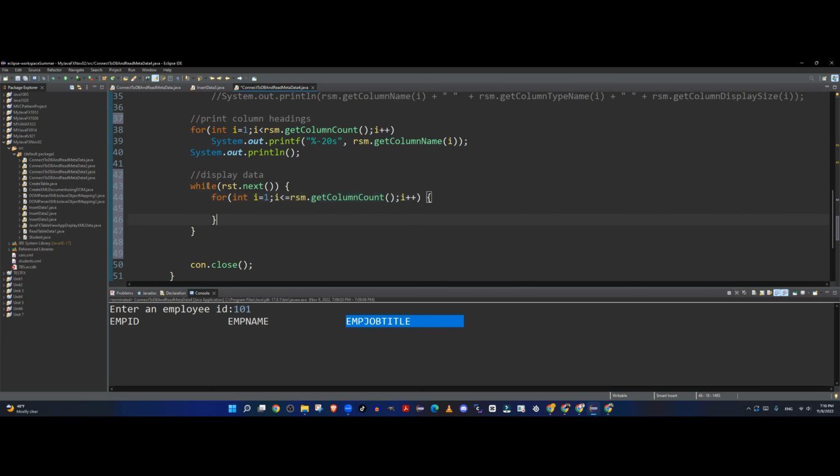So I'm telling, as you approach a record, for each record, that's a while loop, fetch one column at a time. So I'm going from 1 all the way down to the last column. And then